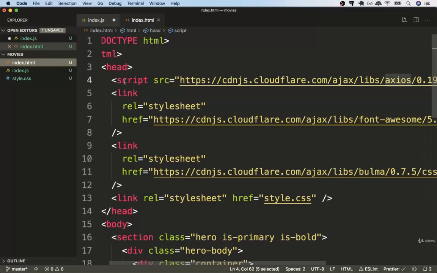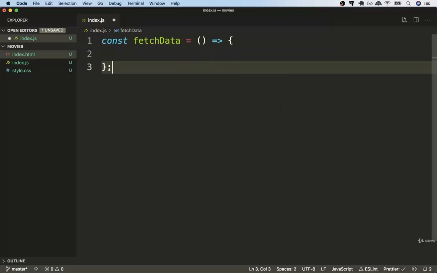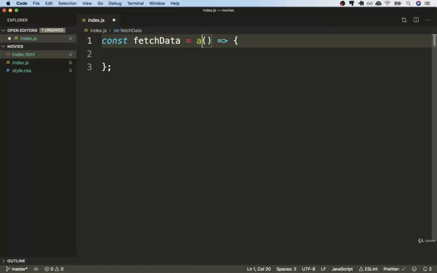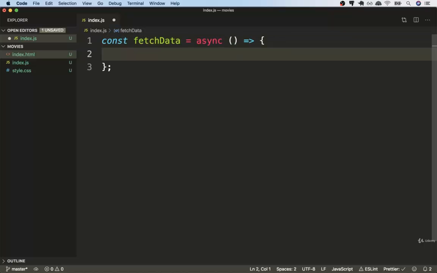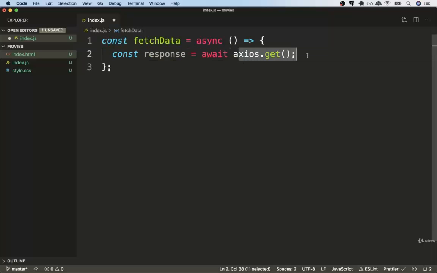You can find it referenced in a script tag inside of the index.html file. So in order to make our request, I'm going to first define a helper function that I'm going to call fetchData. I'm going to want to use the async await syntax with this thing when we make our request. So I'm going to mark the function as async. And then inside the function body, I will write out const response is await axios.get. So remember, the first argument to the axios.get function is going to be the URL that we want to